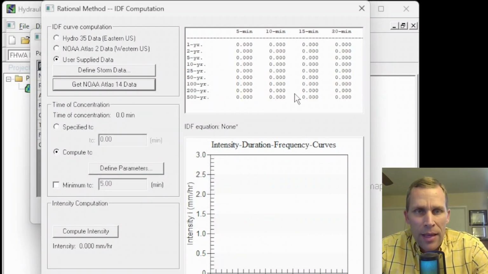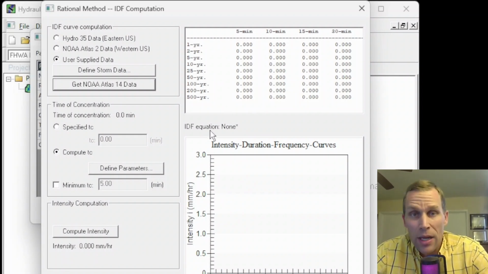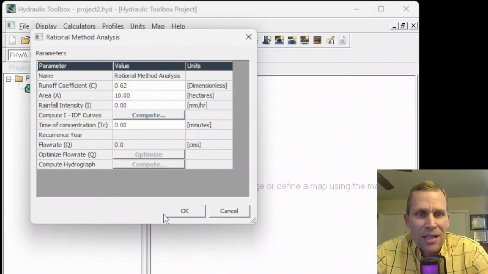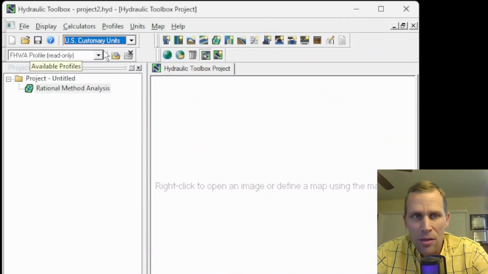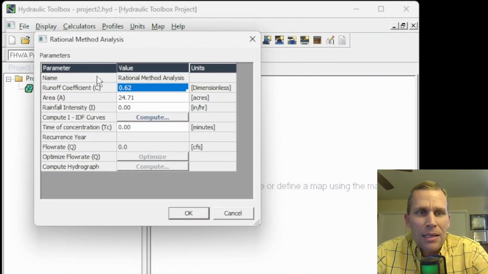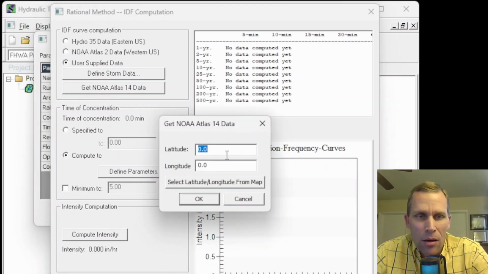And then notice that we have all 0 data. This is a little unfortunate, but it's just a little bit of a hiccup in the program because we're using metric is what I think is happening. So what I'm going to do real quick is close that, click OK, change the unit system to US customary, which is the exact opposite of what I just told you to do before. Reopen up this calculator, click on compute, and then basically type in the same lat long that we did before,